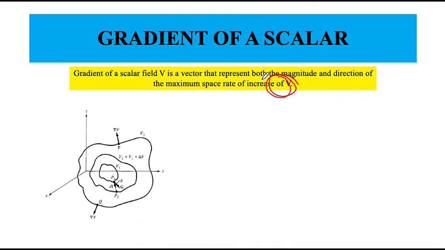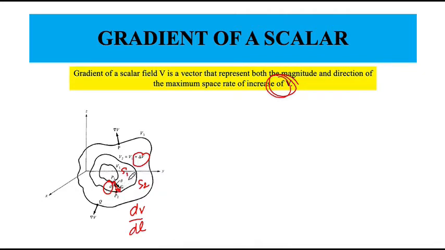Okay, so for that let us assume this figure and let us consider two surfaces S1 and S2, where the function V has constant magnitude, and we can say the magnitudes differ by a small amount dV or delta V. Now as one moves from S1 to S2, or from point P1 to P2, the magnitude of the spatial rate of change of V, that is dV by dl, depends on the direction of the elementary path dl, and the maximum occurs when one traverses from S1 to S2 along a path normal to the surfaces, as in this case the distance is minimum.